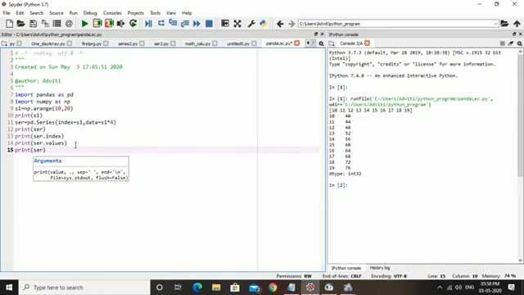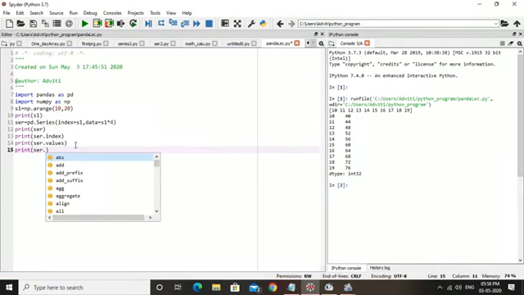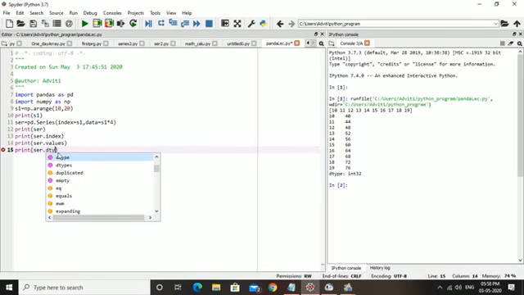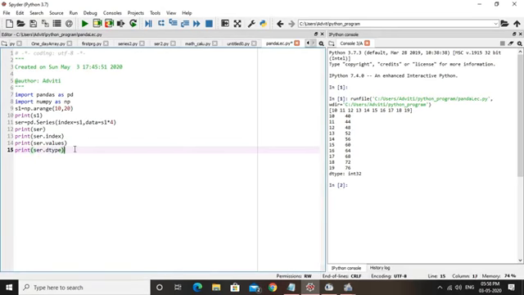I'm using the same series and showing the attributes. For example, ser.dtype. Dtype means data type.